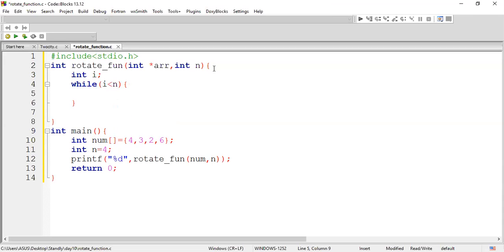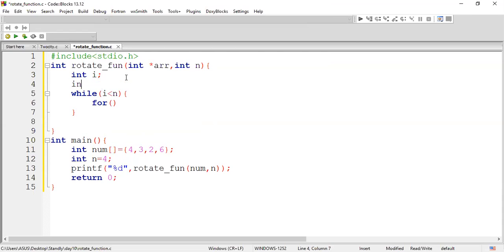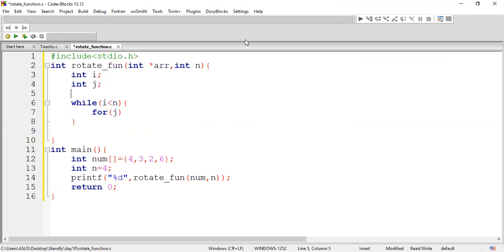Then I'm going to use one more loop here, a for loop. So let me declare one more variable called j for my iteration. Here I can make use of this n value directly, or I can declare one more variable called k. It is completely up to us.